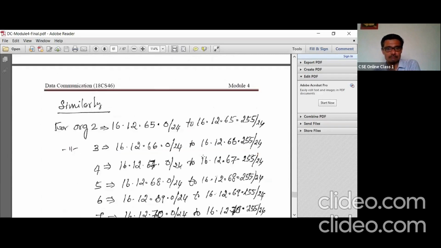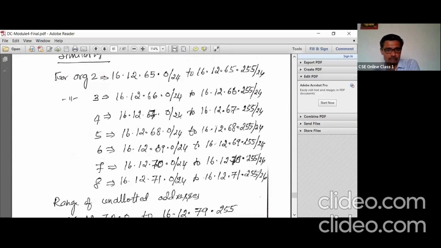You can see for the 4th, 5th, 6th, 7th, and 8th organization, this is the last address: 16.12.71.255/24.